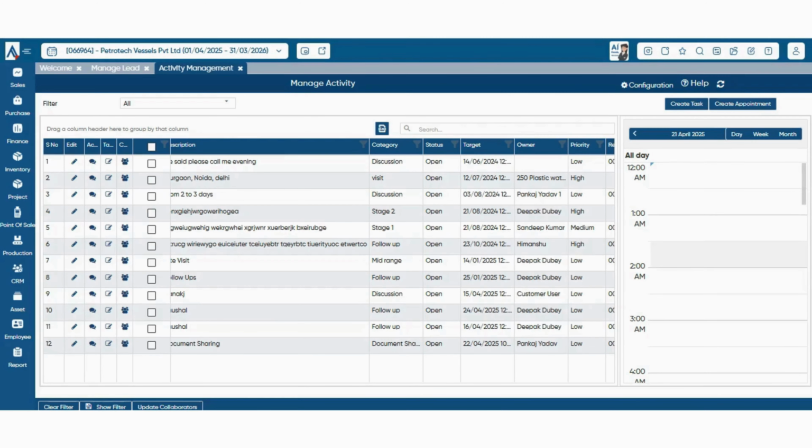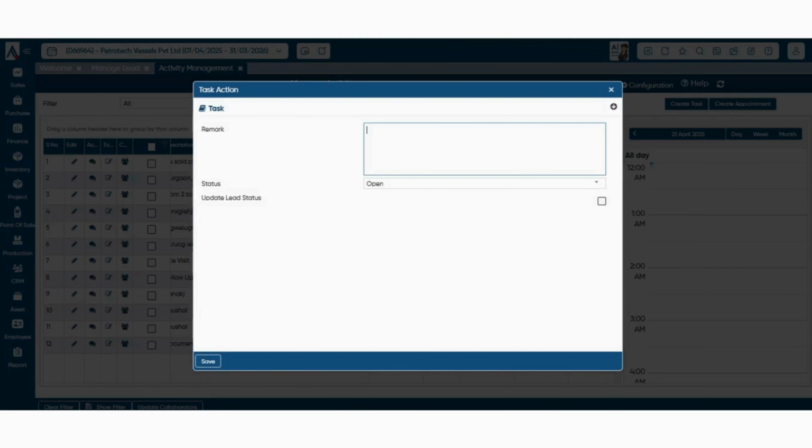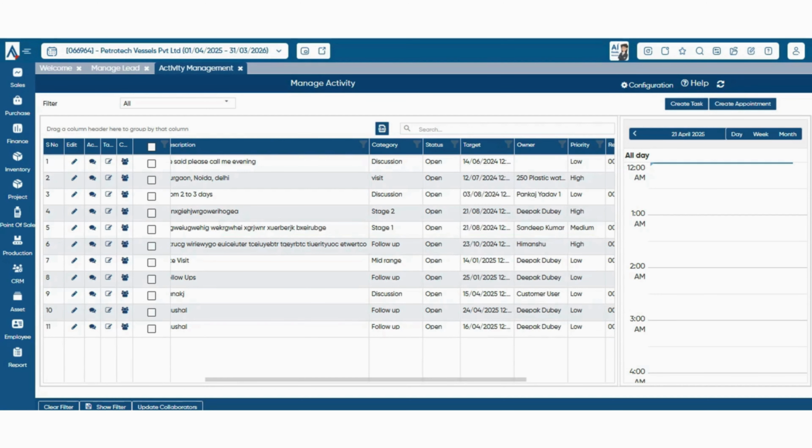So, let's say a task has been completed. What now? Well, you just go to the action button next to that task. Add a remark like document sent, update the status to complete it or cancel, and click Save. Once saved, if you refresh the window, the task will disappear from the open list because it's now marked as